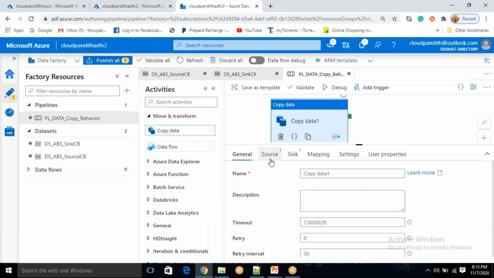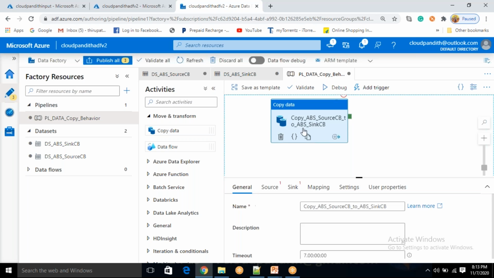This copy activity's name you can also change. You can say from which source, Azure blob storage, source CB2, I'm copying data to Azure blob storage. So this is clear.